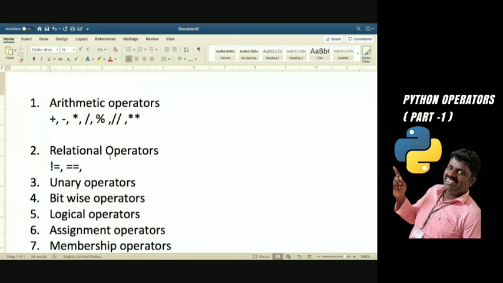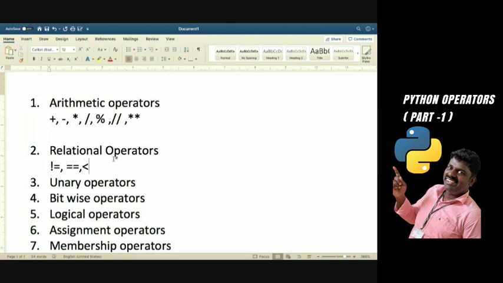But the relational operator is used when we have to check whether one value or constant is equal to another constant. That's why we are using two equals here. When we use a single equal, that is the assignment operator. When we use two equals, that is a relational operator. Normally the relational operator returns a Boolean value, either true or false.